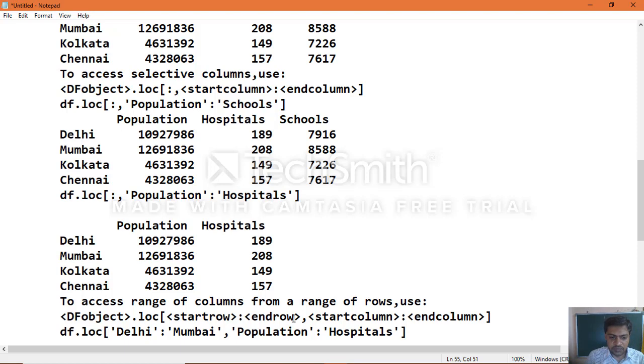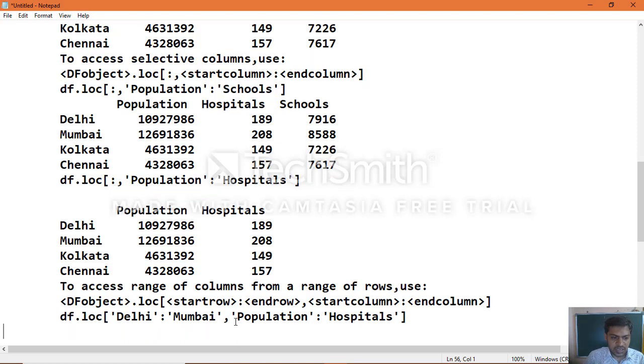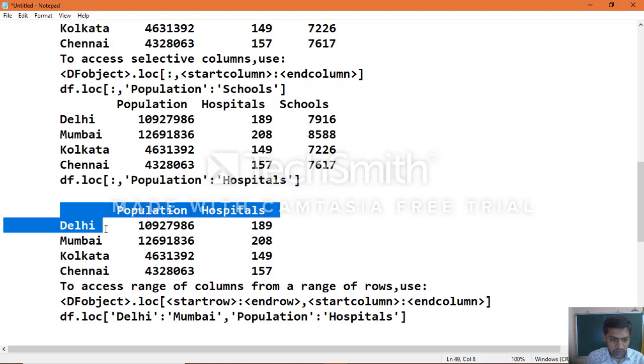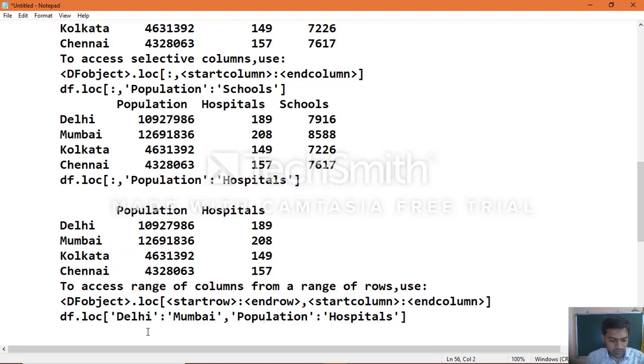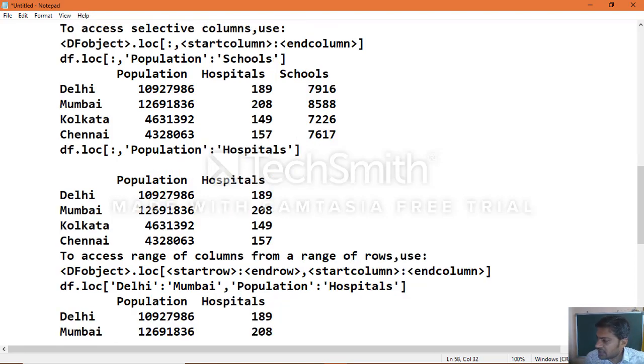Now we get the information starting with Delhi and ending with Mumbai, the start row and end row, and population and hospitals, only this information as output when you apply a range of columns from a range of rows.